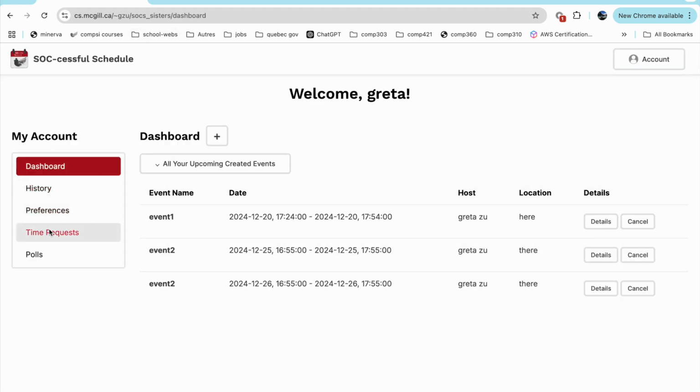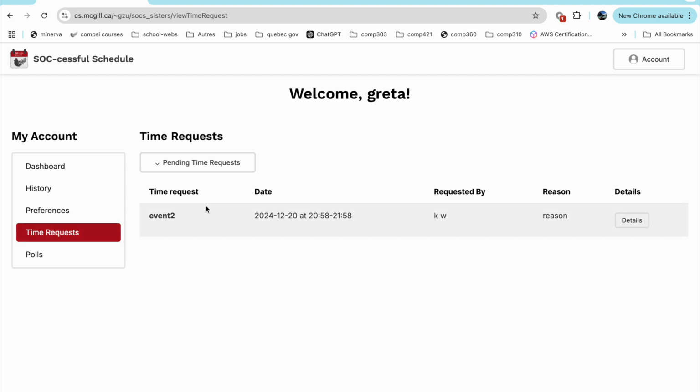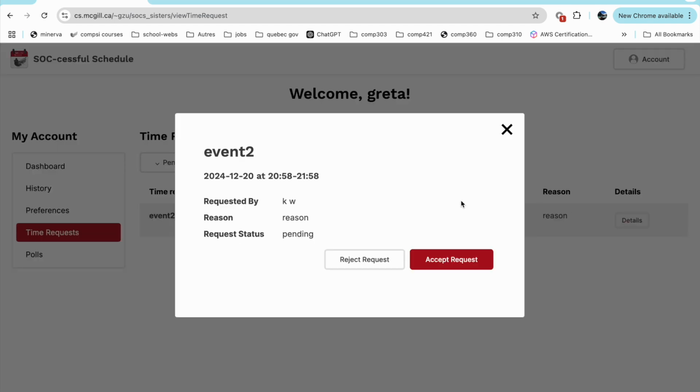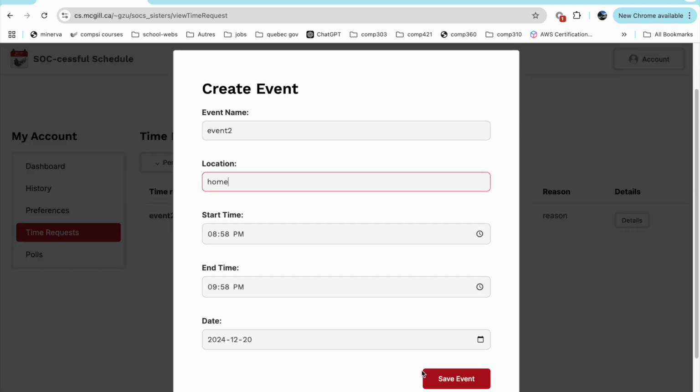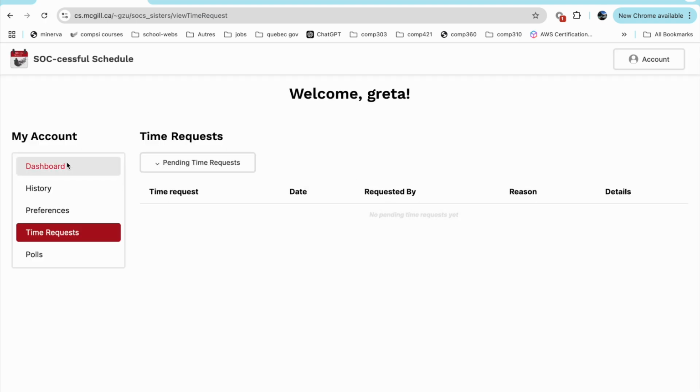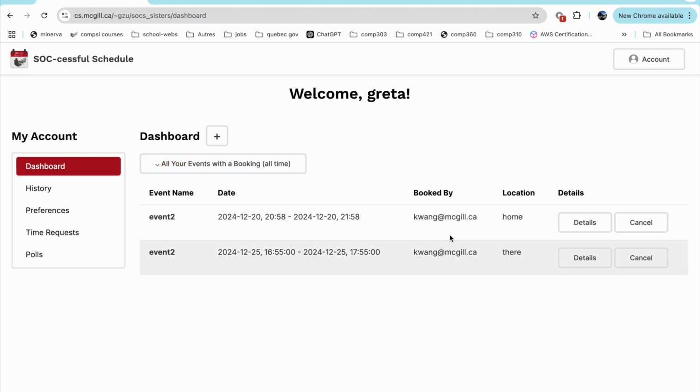As a creator, you have two options. Once you see a pending event, you can go into details and then choose to either accept or reject the request. Once you accept it, it will automatically create an event. You simply enter the location and then click on save. It will disappear from your pending list,